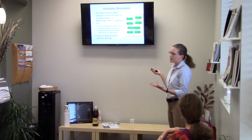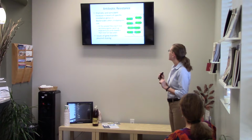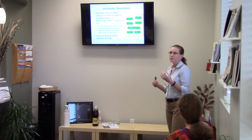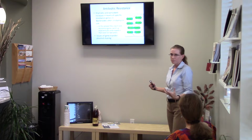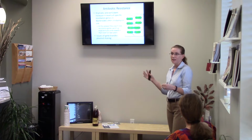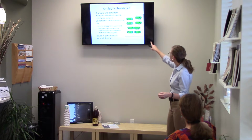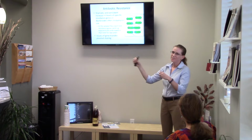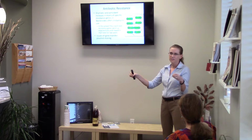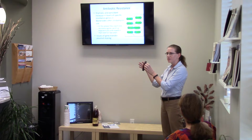We also have to talk about antibiotic resistance, because this is one of my things that I'm just very passionate about. So the more antibiotics we use, the more resistant strains we can pick up, because if a bacteria has a gene that's resistant to an antibiotic, it's not going to get killed by whatever antibiotic we give. And bacteria do this really interesting thing called gene sharing through plasmids. They don't even have to be the same species of bacteria. It can go to a totally different bacteria species and share its genetic material and give it this genetic resistance